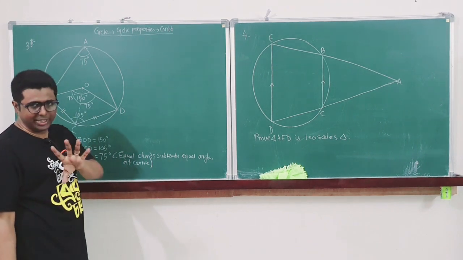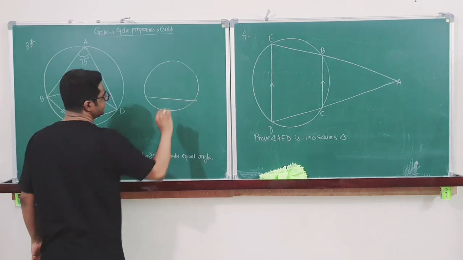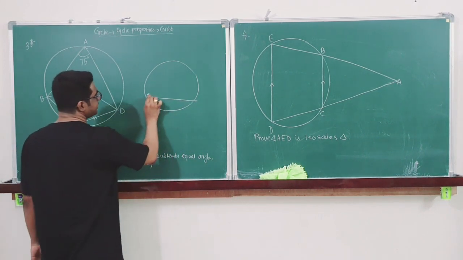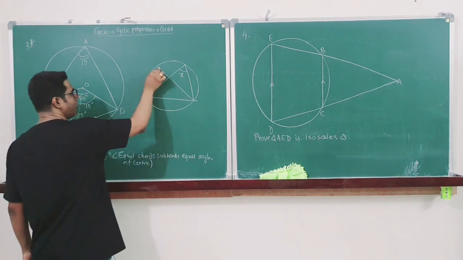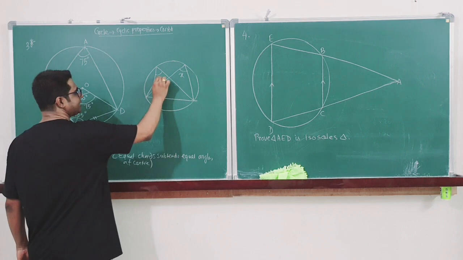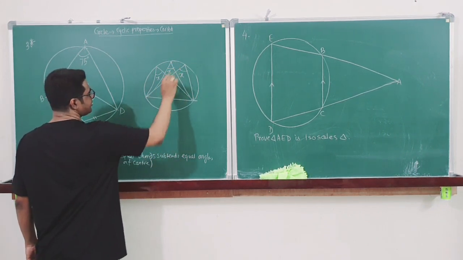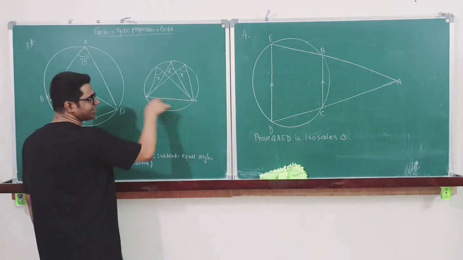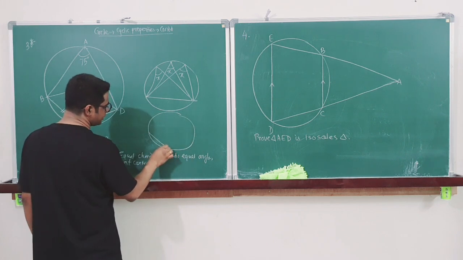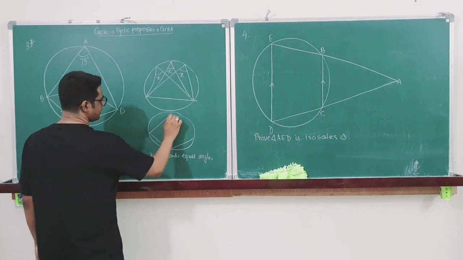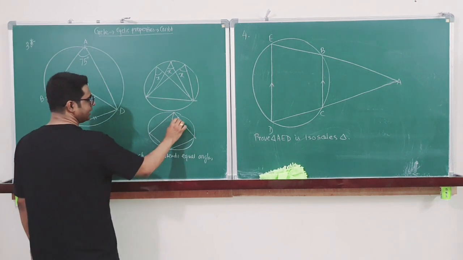I am giving you more idea on this. This is a segment, this is a chord. If this chord subtends an angle at periphery, say x, then this chord will also subtend here x, here x, because in each of this case this chord is same or equal. So if I am having two equal chords like this, one is subtending this angle, another is subtending this angle,